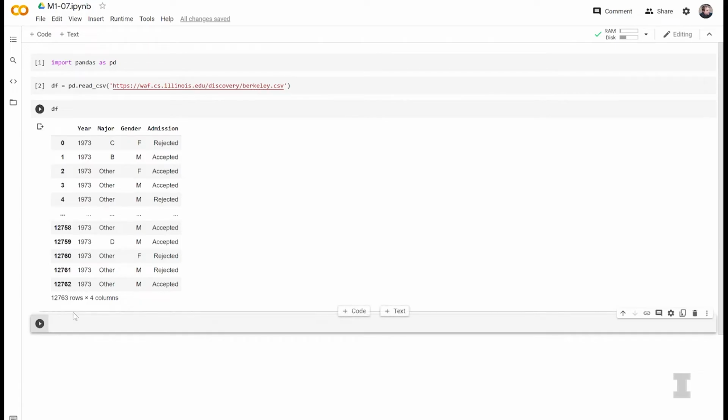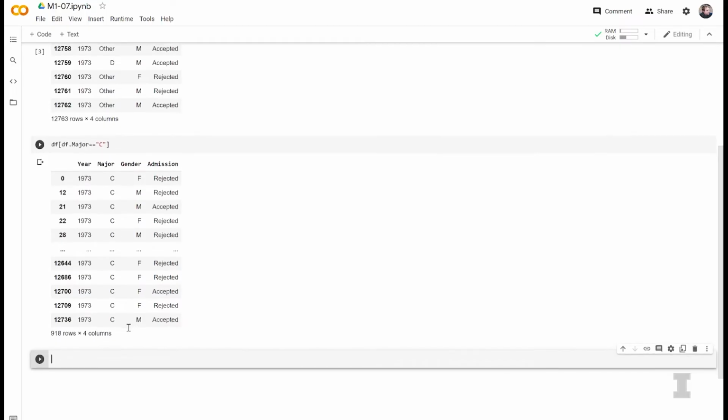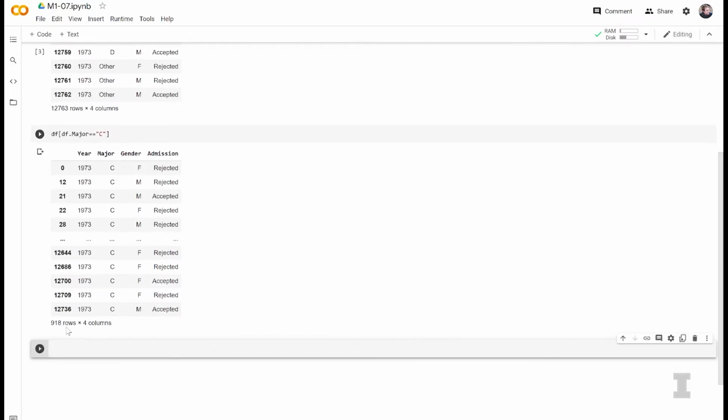Awesome. So let's go ahead and write this first conditional we wrote. I want to write data frame df using now square brackets, df.Major is double equal to "C" inside of quotes. And here capitalization matters. In every single area here, we have to make sure Major is capitalized only in the M, and the major here is capital C, so make sure to capitalize the C, close the brackets. And when you press Shift Enter to run the cell, we should see every single row only contains major C. Yes, and we do. There's 918.